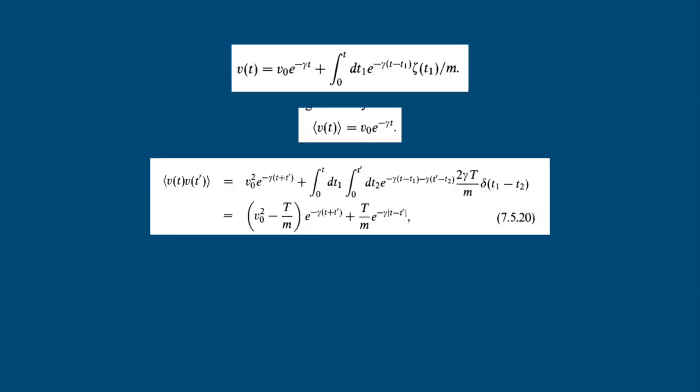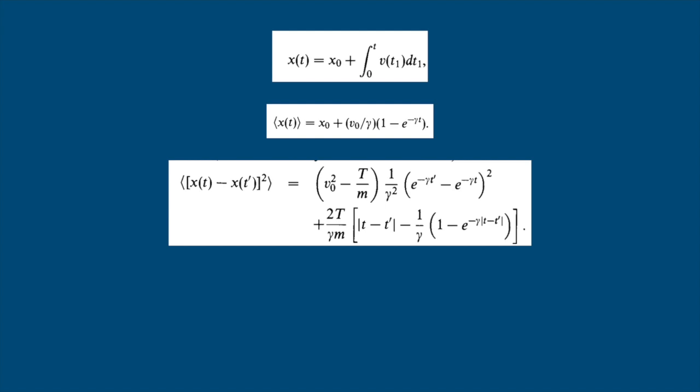So basically it's independent of v naught, if you notice. Now if t and t dash are both much less than gamma power minus 1, then this mean square displacement will be equal to v naught square into t minus t dash the whole square. That means the Brownian particle moves ballistically with the specified initial velocity. So basically, it's going by v into t.